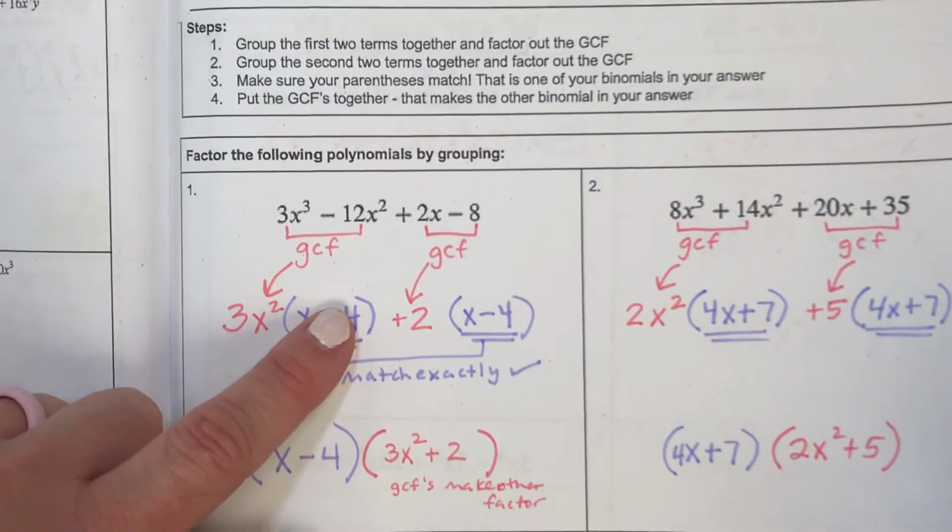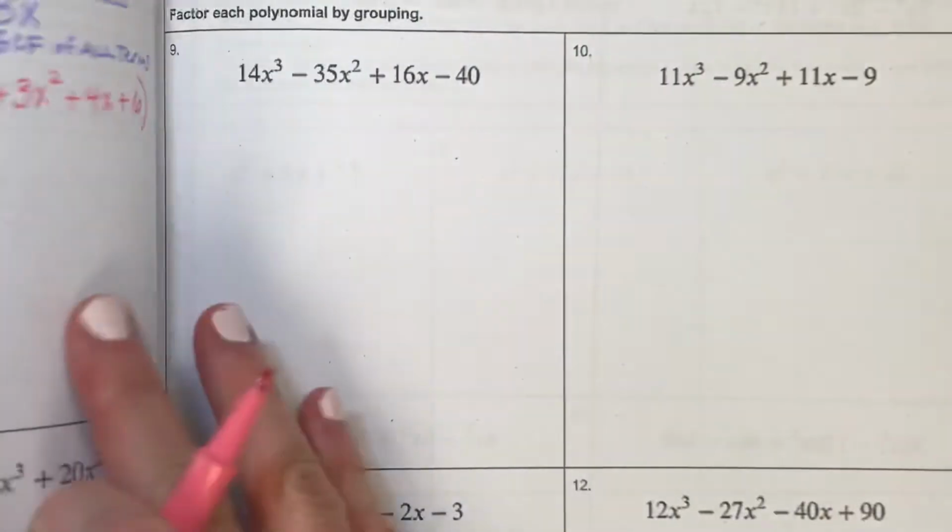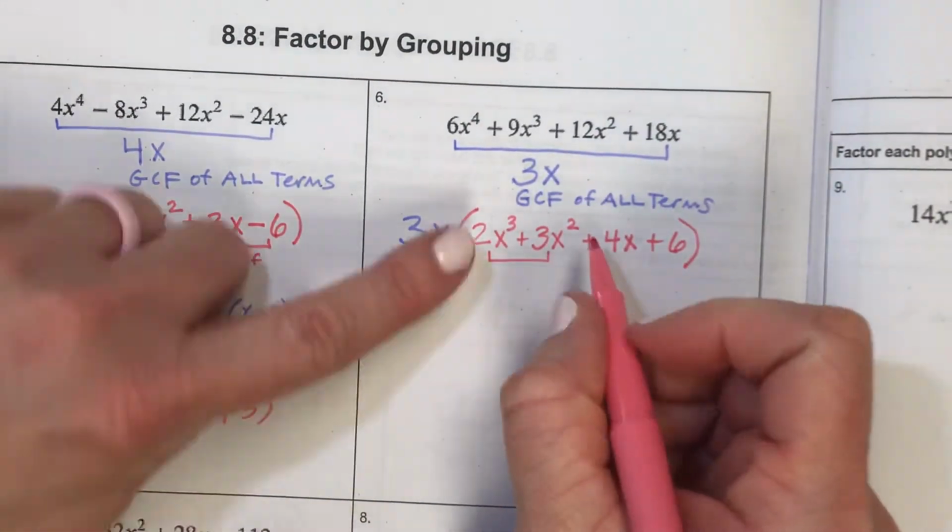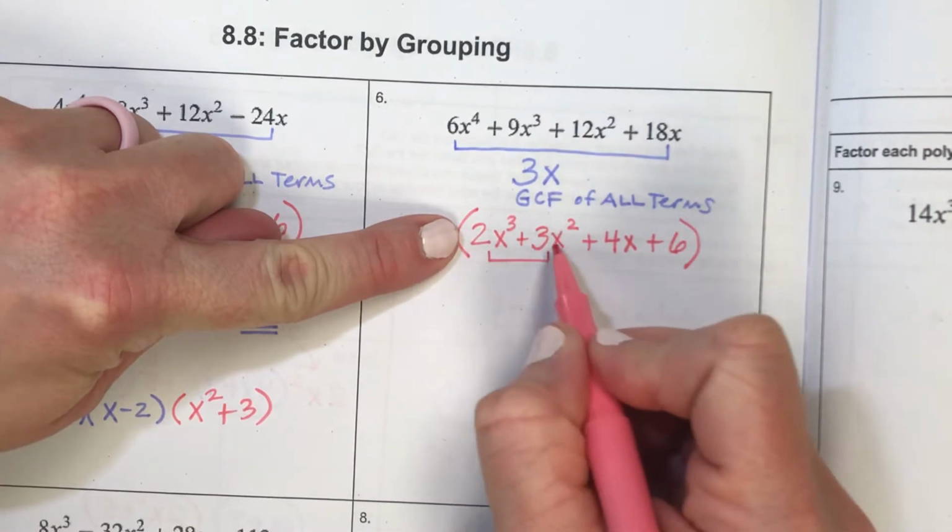So if you haven't watched that video yet, please go back and check out that video before you finish these problems. So the GCF from these 2 terms, I notice how 2 and 3 don't have any number in common besides 1,